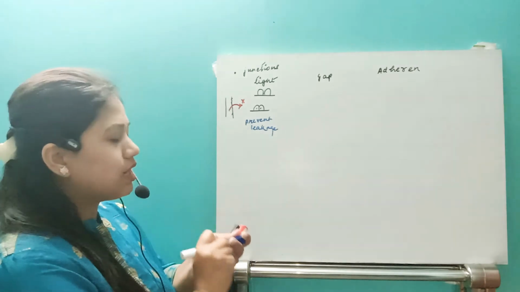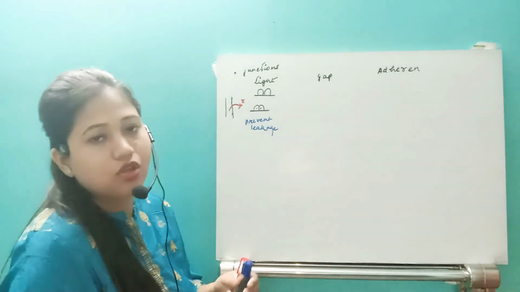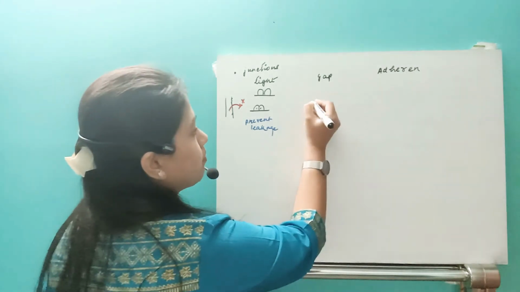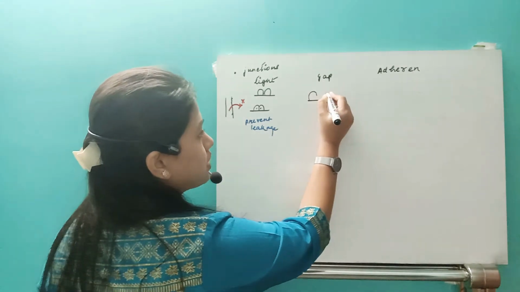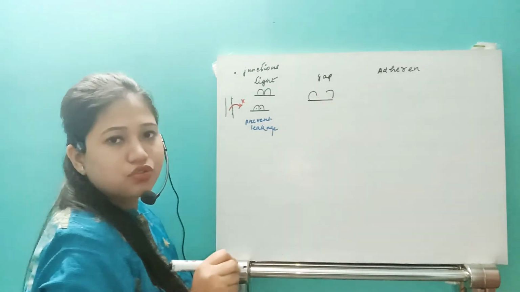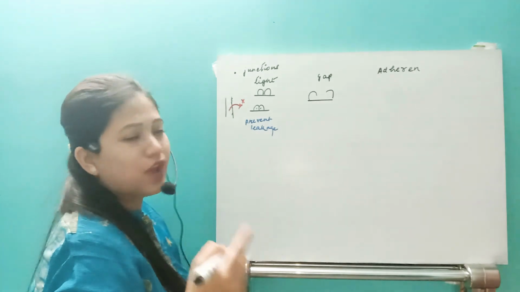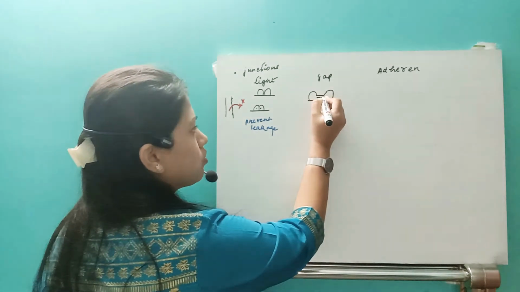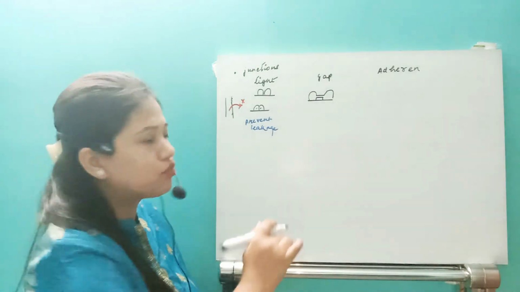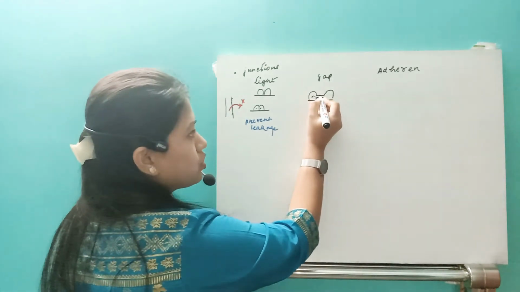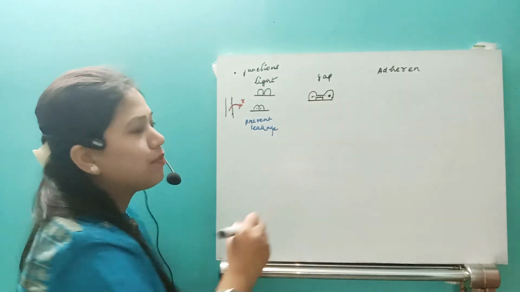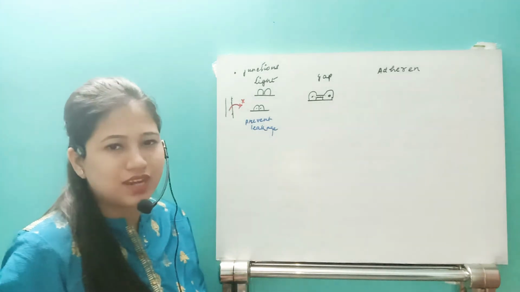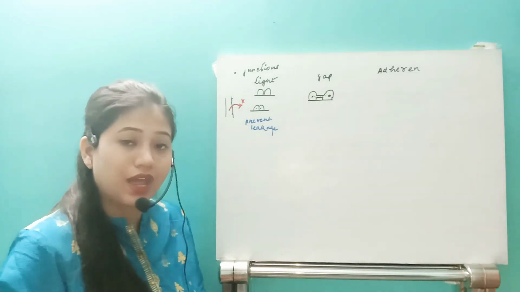The second type is known as the gap junction. So in the case of a gap junction, what happens? Suppose we have two cells. Between the two cells, they have to transport nutrients or some secretion, oil or something. Suppose they have to transport a secretion from one cell to the next cell. If there is no connection between the two cells, then what can happen?